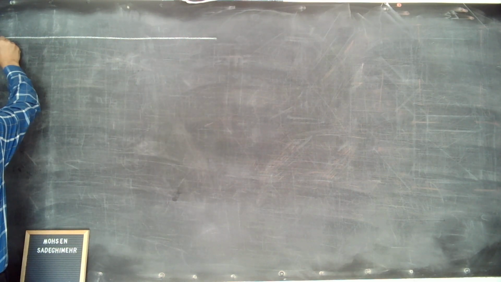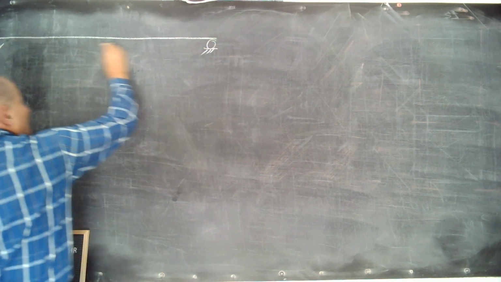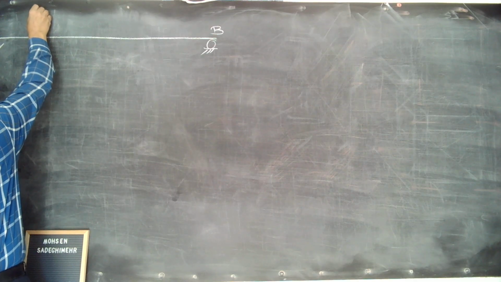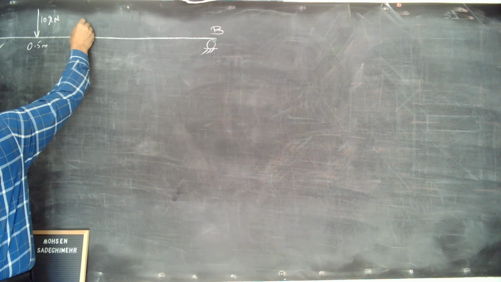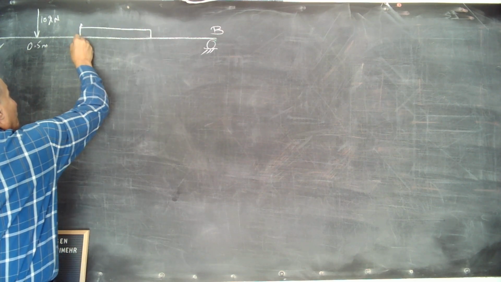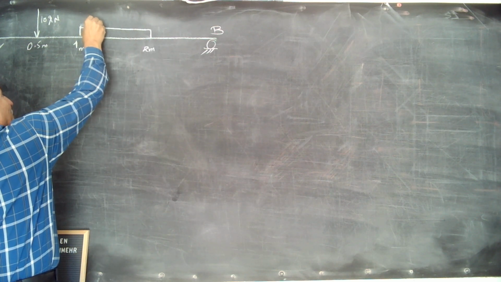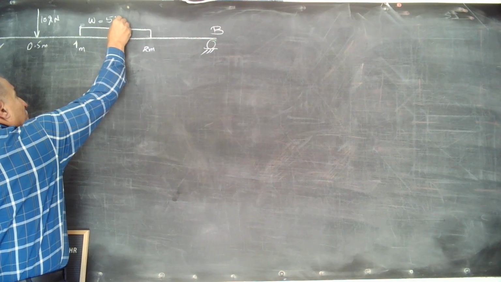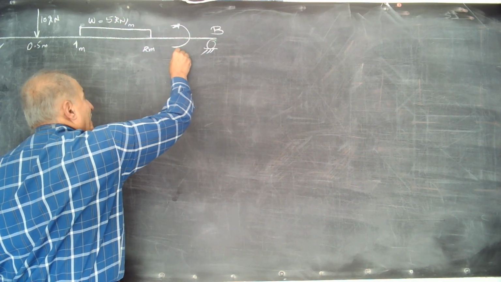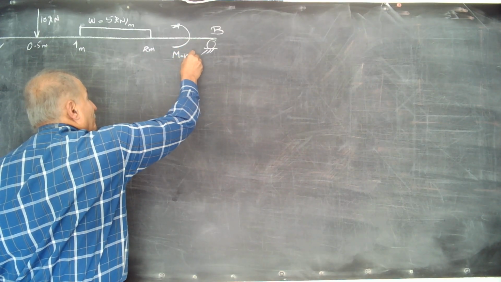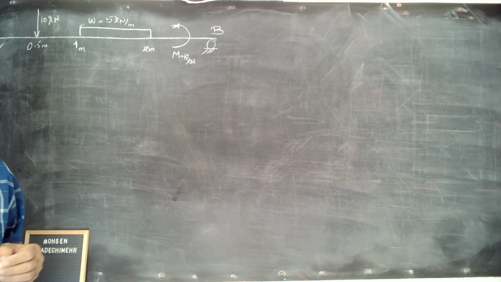This is a simply supported beam with hinge at A and roller at B, and one load is applied here at 0.5 meter, 10 kilonewton. The uniform distributed load is applied here from 1 meter to 2 meter. Density or intensity is omega equal to 5 kilonewton per meter. And a point moment or concentrated moment M is 10 kilonewton applied here. And we wanted to draw